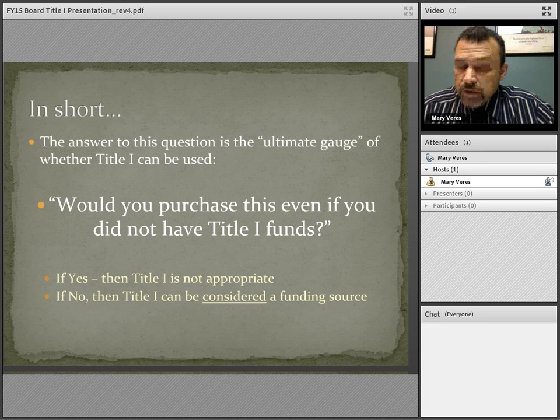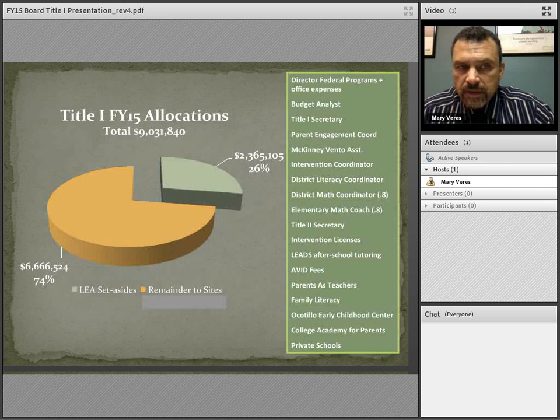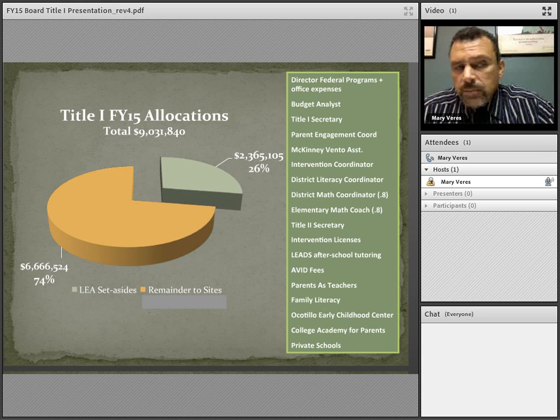If the answer is no, then we can consider whether or not Title I should be the funding source. So let's take a look at our fiscal year 15 allocation. The total amount, as you see on the screen, is $9 million and change. And of that $9 million and change, 26% of it, or a little over $2 million, is spent